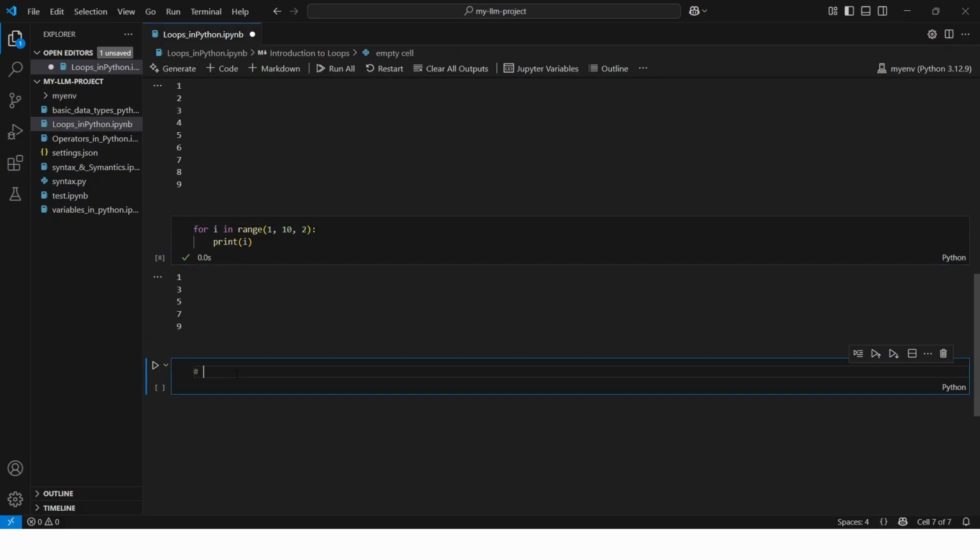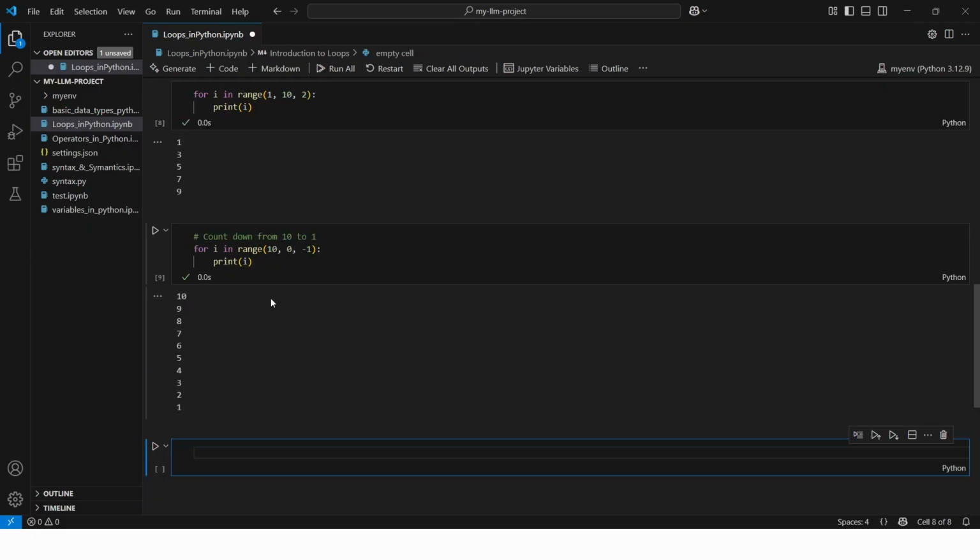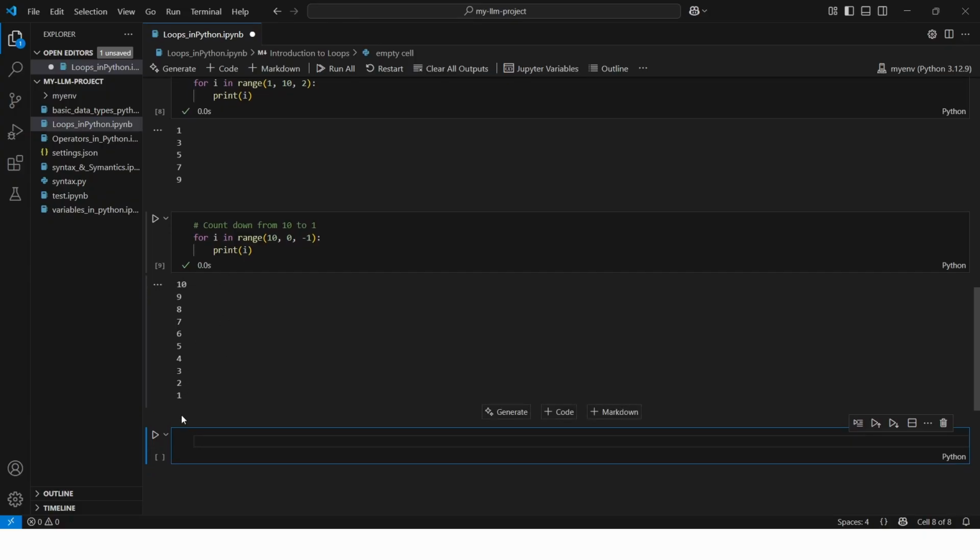So I'll say countdown from 10 to 1. Okay, and then I'll say for i in range, and in this range function I'll give values of 10. 10 will be our starting point, and then I'll say 0. So it will start from 10 and go up to 0. And then the step value I'll say -1, right? And again, I'll say print i. And let me hit enter. So it's printing the numbers in reverse order. So 10, 9, 8, 7, and up to 1,